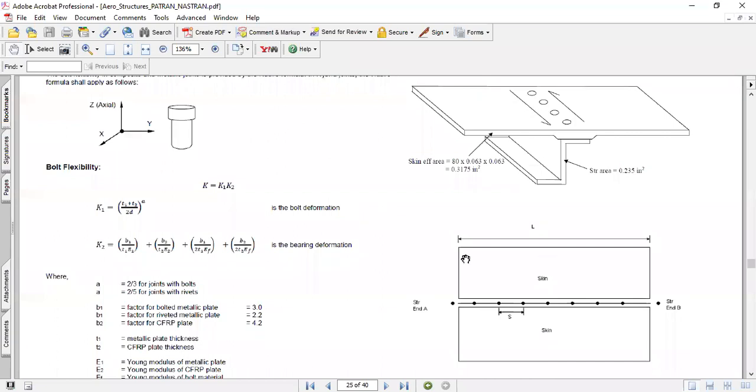How I'm modeling it is, I model the skin using 2D quad elements, and in the middle I connect the nodal points using 1D elements. It could be a rod, a spring, or a CBUSH element. It depends on what kind of forces you want to extract and the purpose for which you are running the analysis.